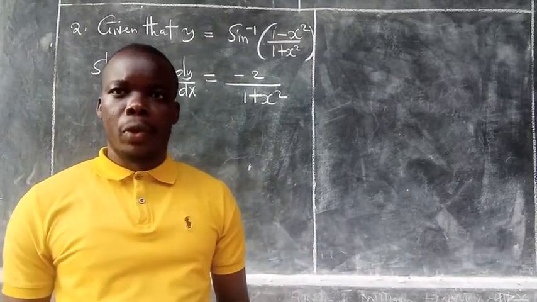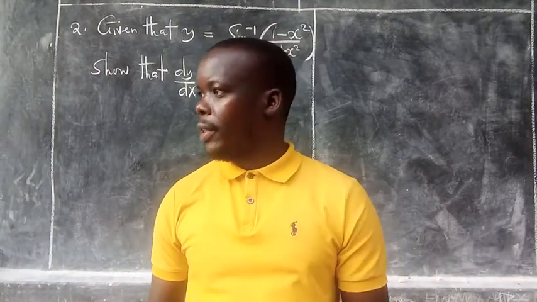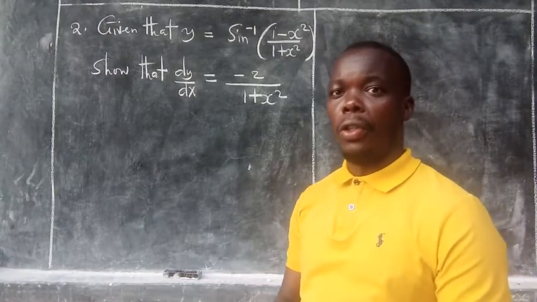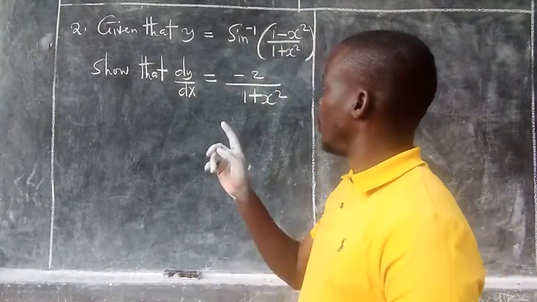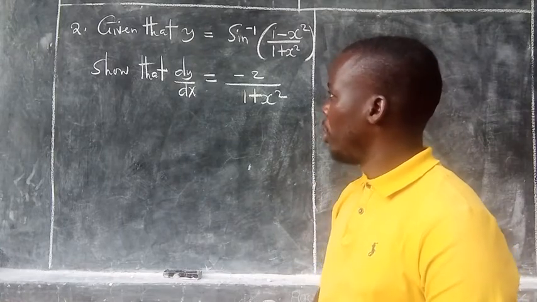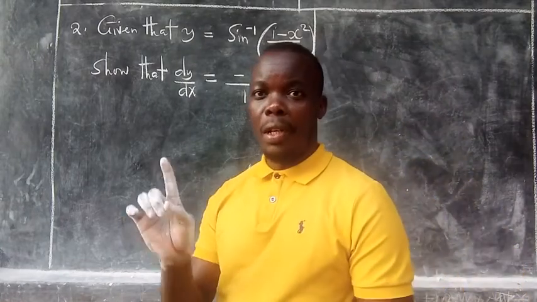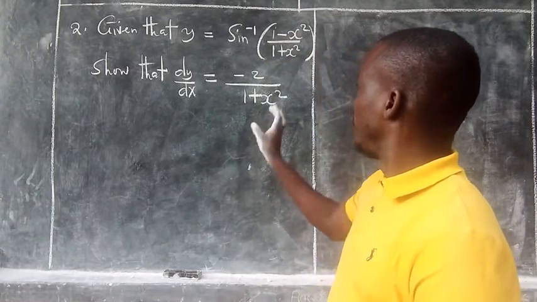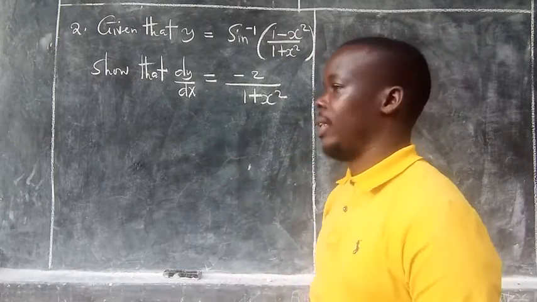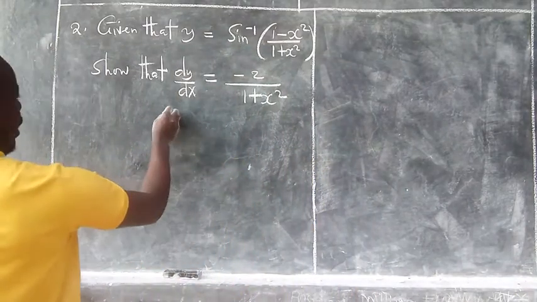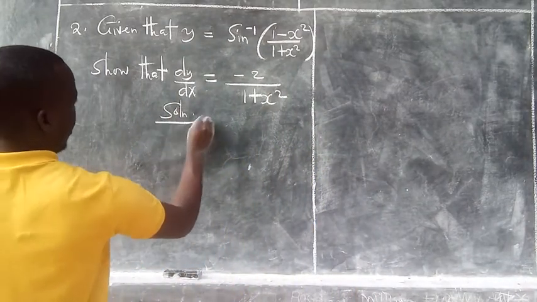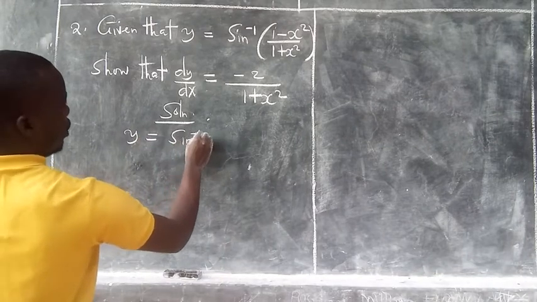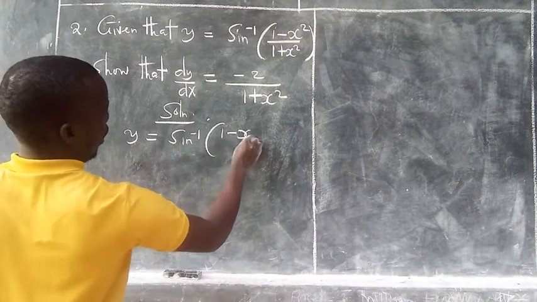Yes, welcome to the continuation of more examples on the differentiation of inverse trigonometrical functions. Now we also have this other question too that follows our question 1 in the previous episode, and it says given that y equals sine inverse of this function, show that dy dx is that. So we shall quickly begin by saying that if y is equal to sine inverse of (1 minus x squared)